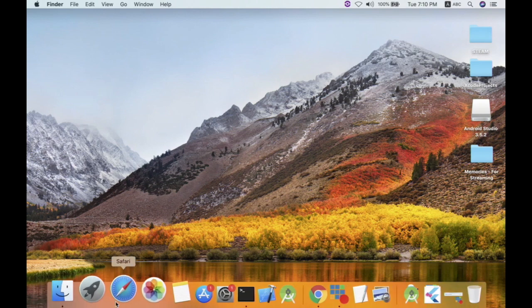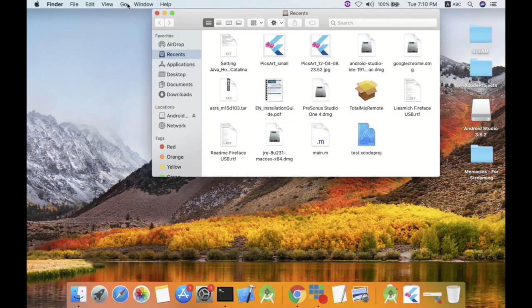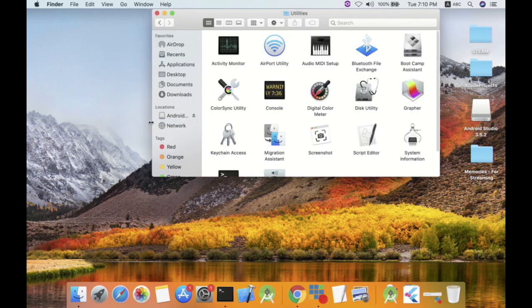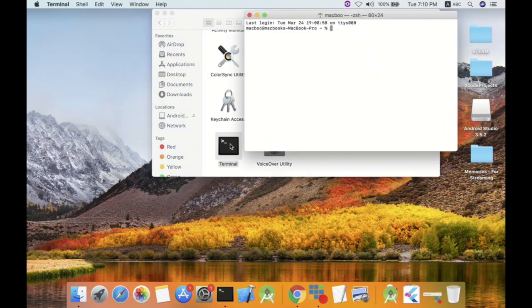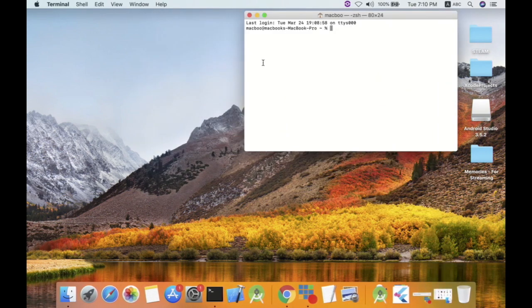To start, you will need the terminal, and for that you will go to Finder in your dock, go in the menu to Utilities, and you will find the terminal there, or if you have it already in your dock, you can go ahead and click on that, and that will get you into the terminal. First step is to make sure that we actually don't have Java installed. So we're going to check for the Java version, and to do that we're going to type